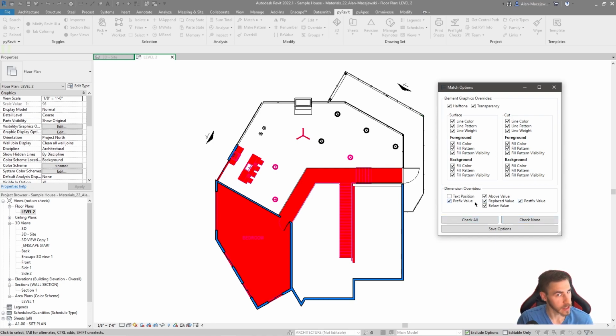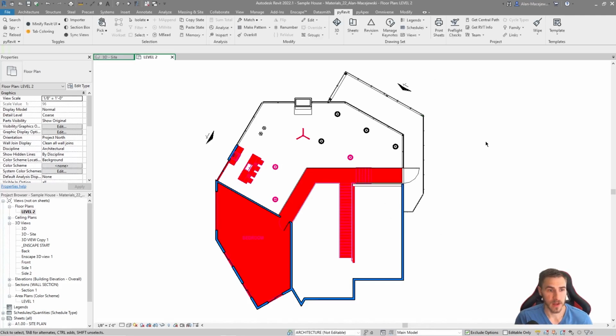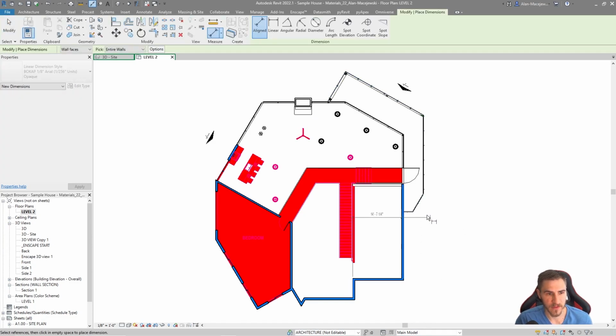I don't know why, but it is. Now, I like that because for this very reason. I'll show you. But obviously we can check none or check all. We want to make sure to save these options. So let's save that. Now I'm going to draw a couple of dimensions just to give you an idea of